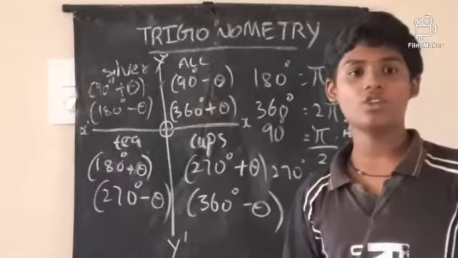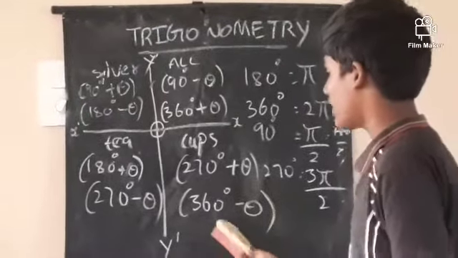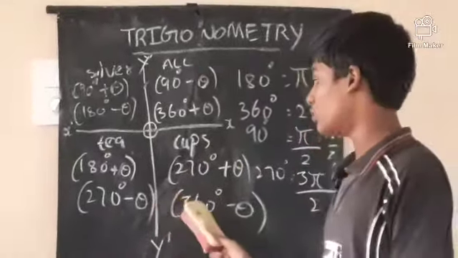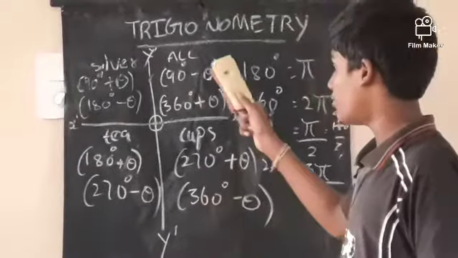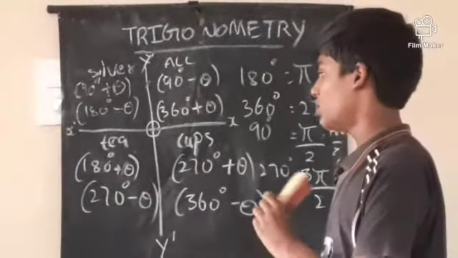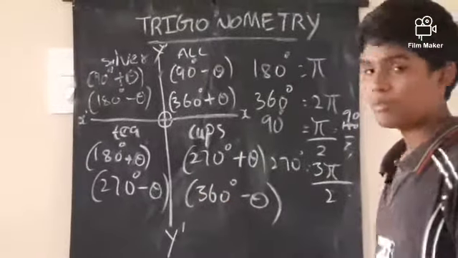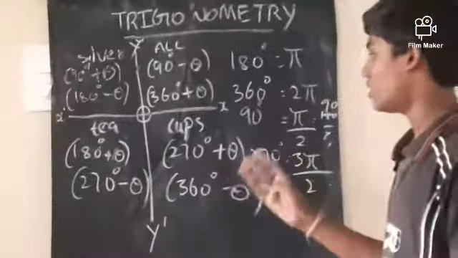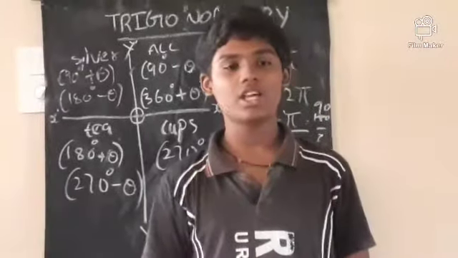Okay, friends, this is our today's class. In today's class we discussed the four quadrants and the four very important angles in trigonometry. So you should listen carefully. These are the four important angles. You should keep these four angles in your mind. The trigonometry will be based on these four angles, these four quadrants, and how to keep these angles in the four quadrants. Okay, this is our today's class.